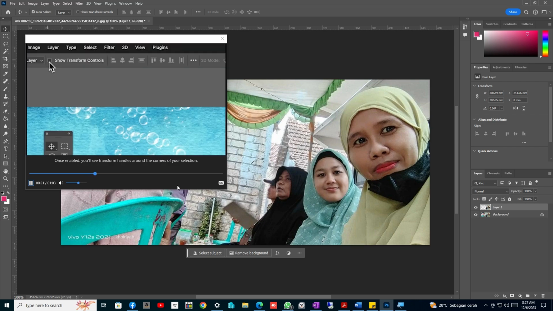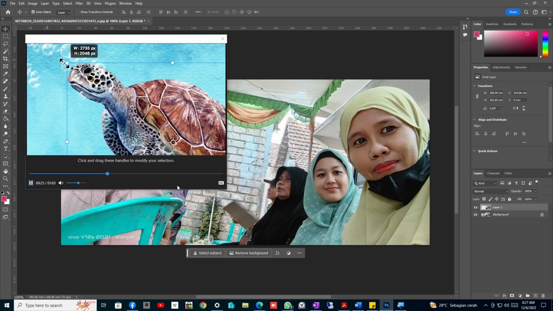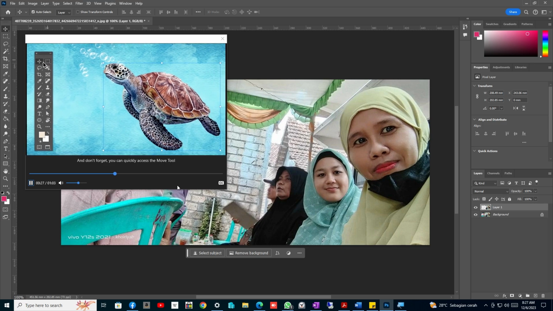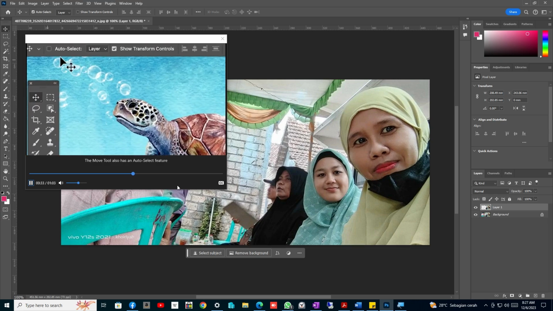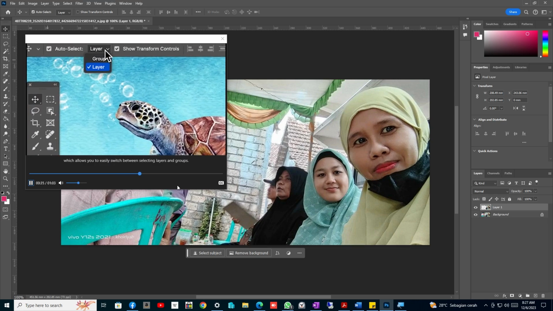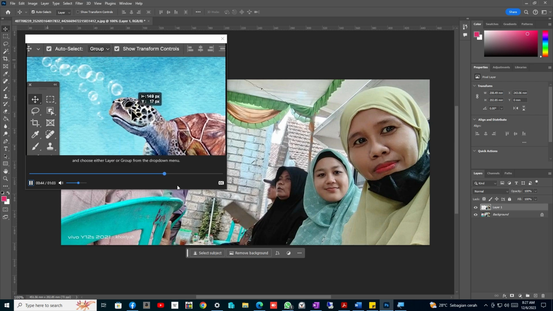Once enabled, you'll see transform handles around the corners of your selection. Click and drag these handles to modify your selection. And don't forget, you can quickly access the Move tool at any time by pressing V on your keyboard. The Move tool also has an auto select feature, which allows you to easily switch between selecting layers and groups. To use this feature, simply enable the auto select checkbox in the options bar and choose either layer or group